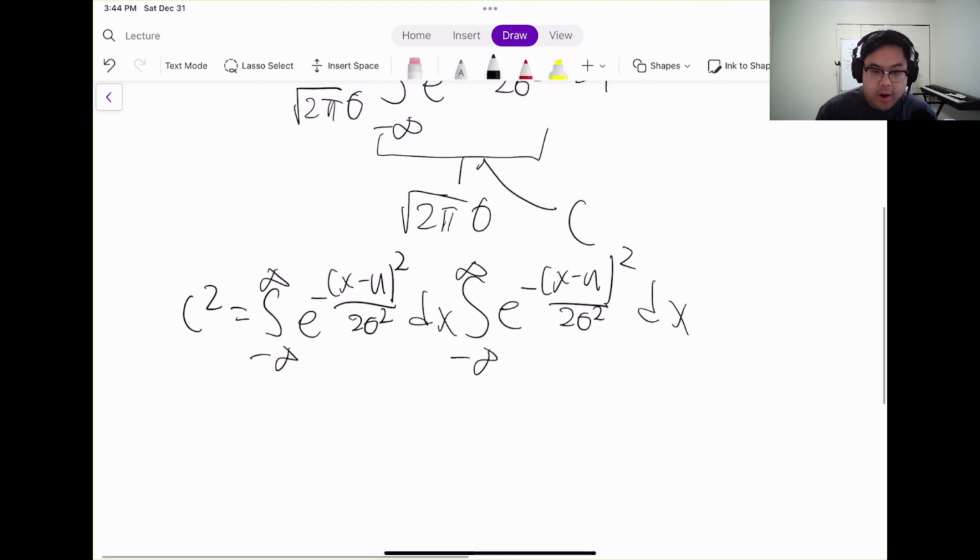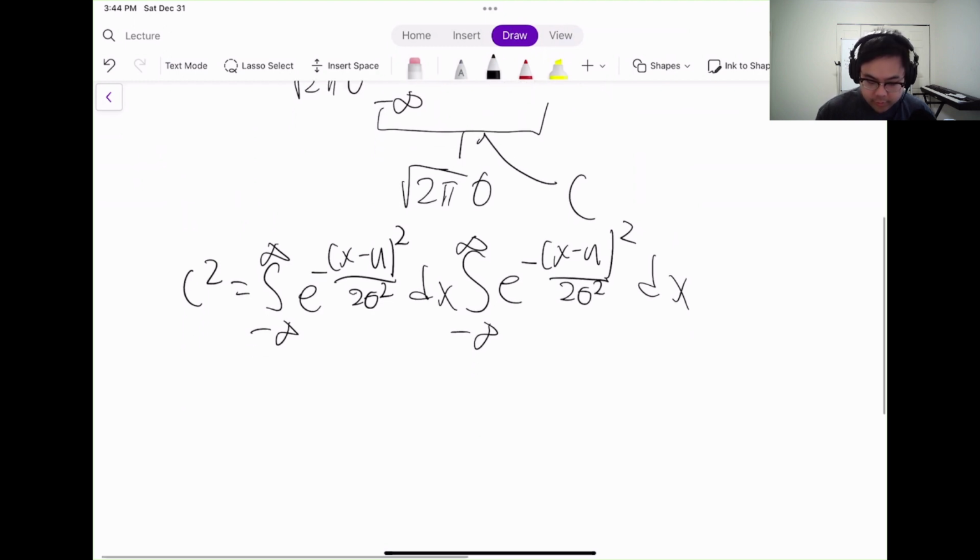The reason we're squaring it is because we want to make it into a form that we can work with. At the very end, we're going to undo the square, and I'll show that. What we can realize is that this looks similar to polar coordinates. We've got squares on the top, and